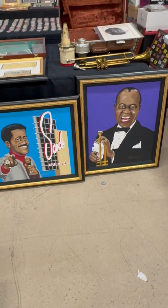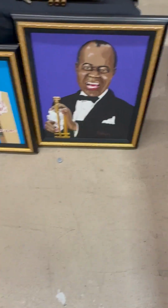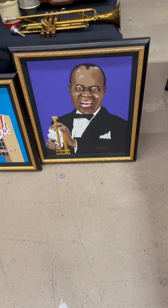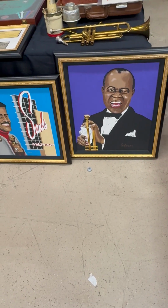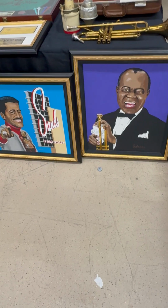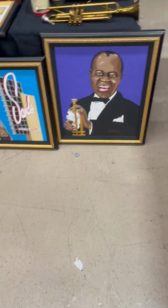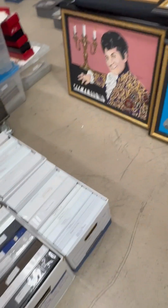Here's some really unbelievable pieces. We think this is probably some of the more valuable pieces. We actually know this is probably the most valuable part of our collection. I'm not going to get to the trumpet right yet, but here you have Louis Armstrong. These are 3 original paintings by Sabori, who is basically a really well-known muralist who was commissioned to redo a lot of the murals at Ellis Island in New York during that restoration. So the fact that we have 3 original Sabori paintings with Louis Armstrong, Sammy Davis Jr., and Liberace